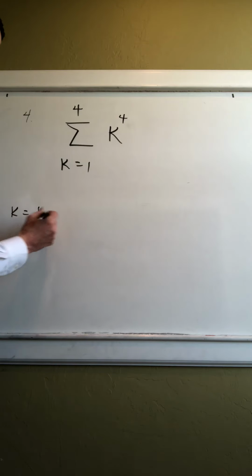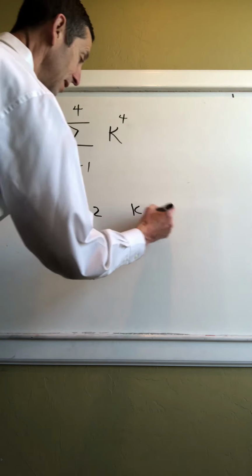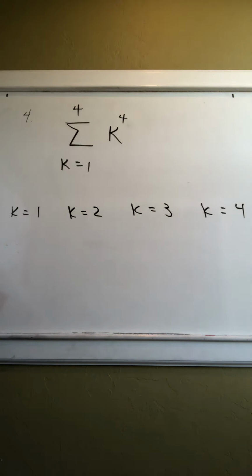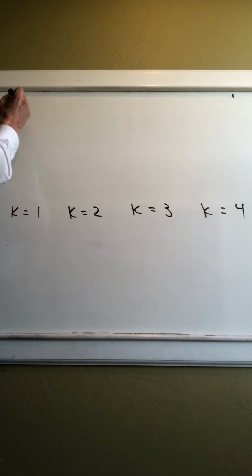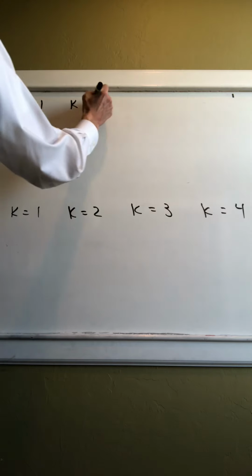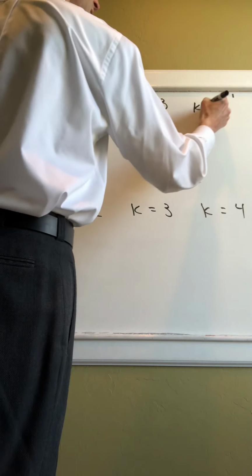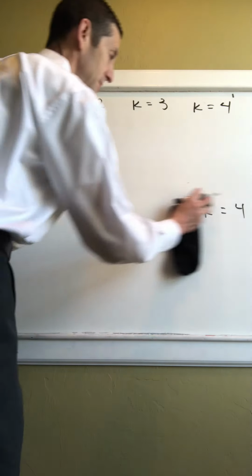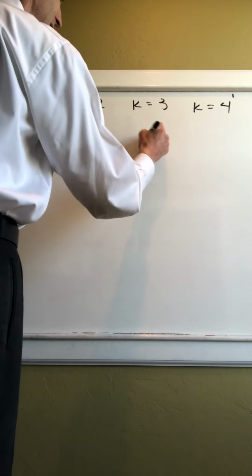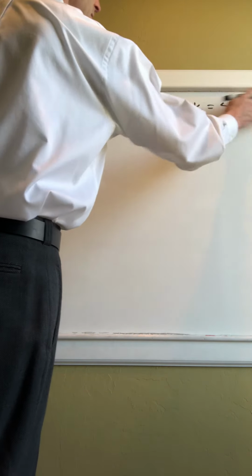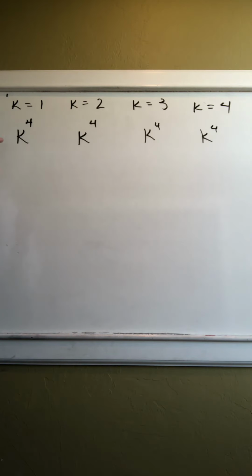So we've got k equals 1, k equals 2, k equals 3, k equals 4. So you've got to plug in for 1, 2, 3, and 4 all the way across. Let's do this. So k equals 1, k equals 2, k equals 3, k equals 4. Here we go. What was our equation? k to the 4th power, k to the 4th power, k to the 4th power, k to the 4th power. So what we've got here then is